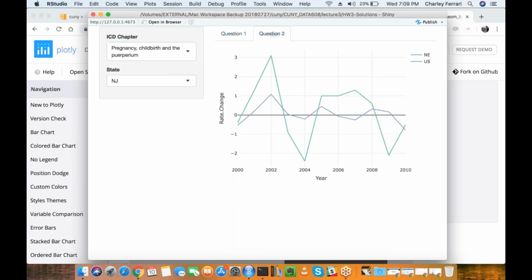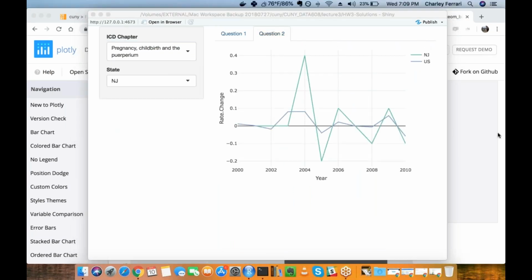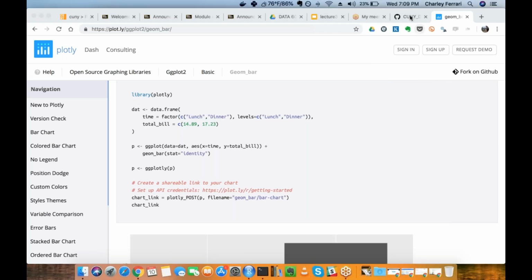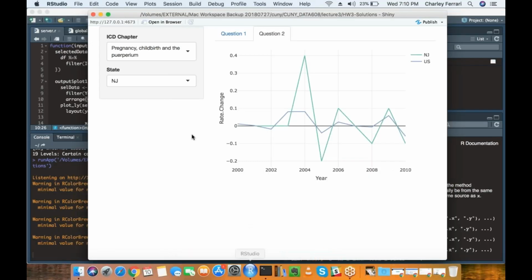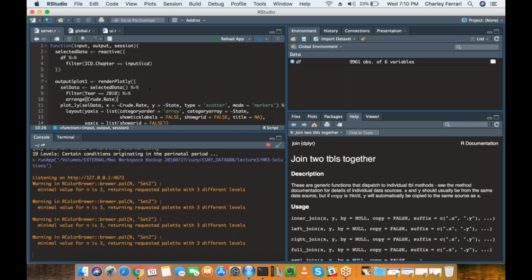Getting to the second question, it looks at things in a slightly different way. We're looking at whether states are improving their mortality rate per cause faster or slower than the national average. In this question there's a bit more going on, basically the comparison with the national average, which everyone needs to calculate.